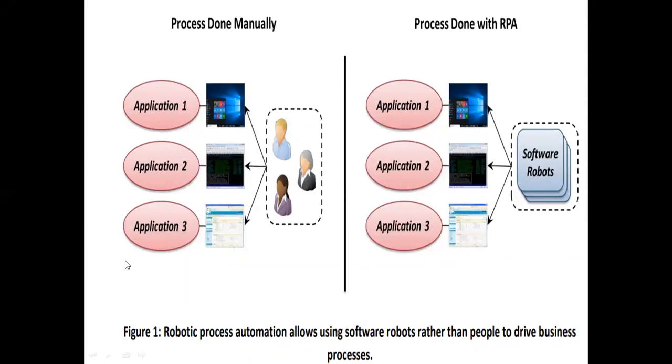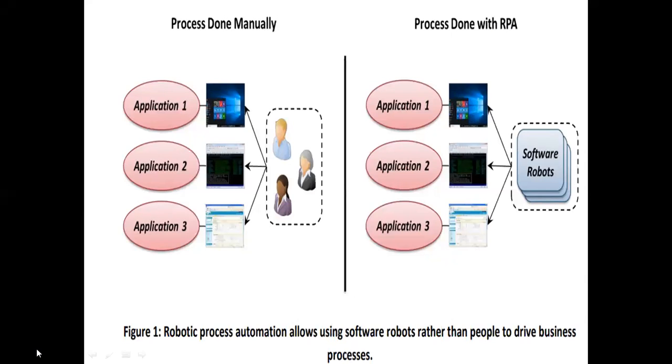Whenever we have implemented some business application and humans are working on top of that application, trying to execute some processes, that's manual. Now I would like to automate that. Then we have software robots here. Those bots are going to mimic a human. Whatever a human is going to do can be achieved through the software robots. That's called process done with RPA, robotic processing automation.